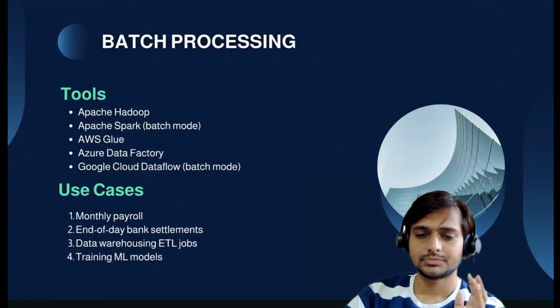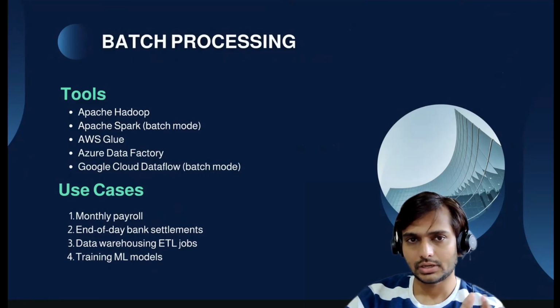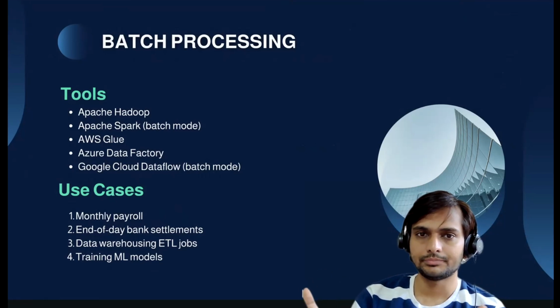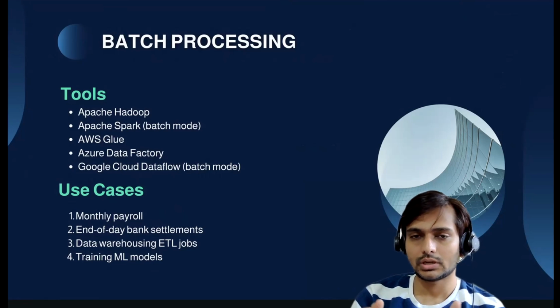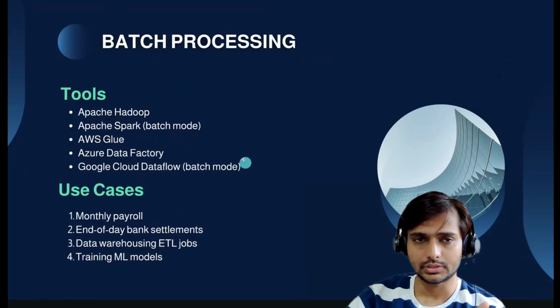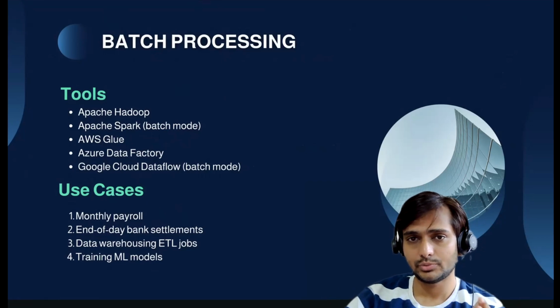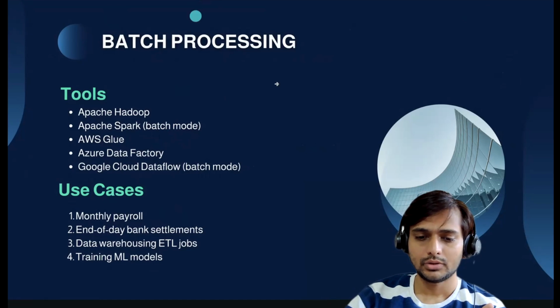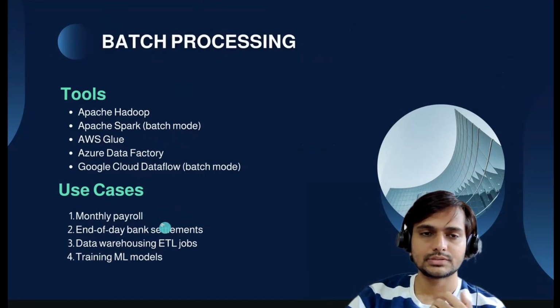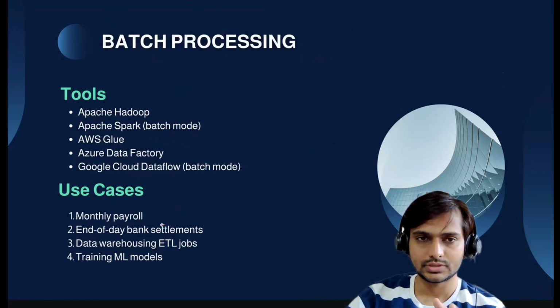And also we use something called AWS Glue, Data Factory, and Google Dataflow. It depends on which cloud you are using. These are cloud-native orchestration tools for batch ETL. These are cloud-specific processing tools, or ingestion tools, or ETL tools we can call them. These tools help process terabytes or petabytes of data in distributed systems and in a fault-tolerant way. And coming to the use cases,